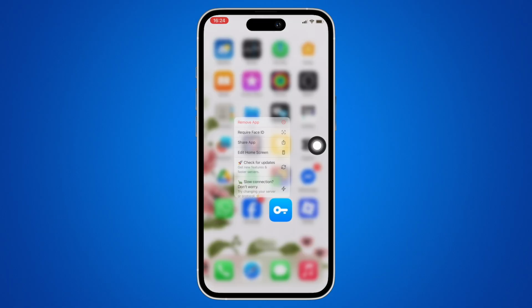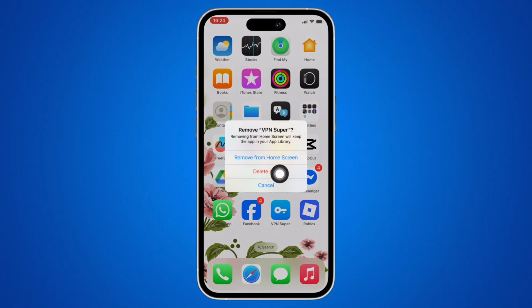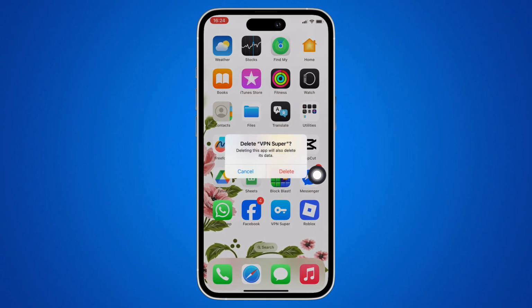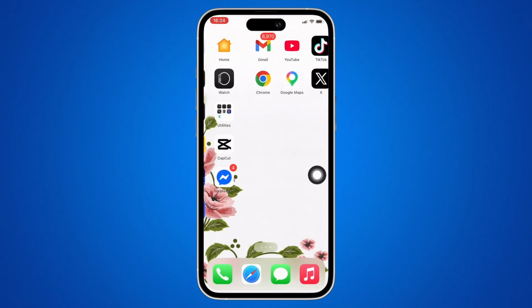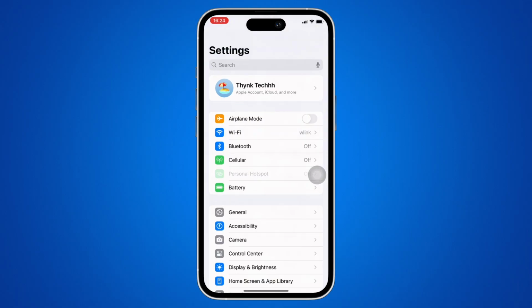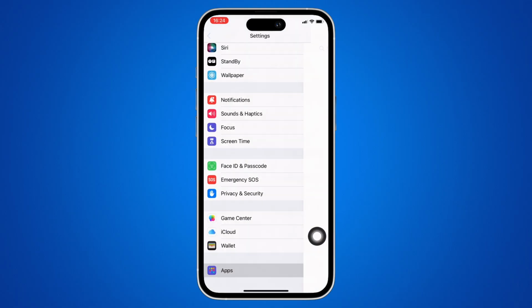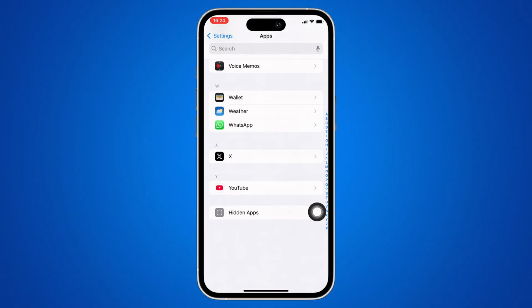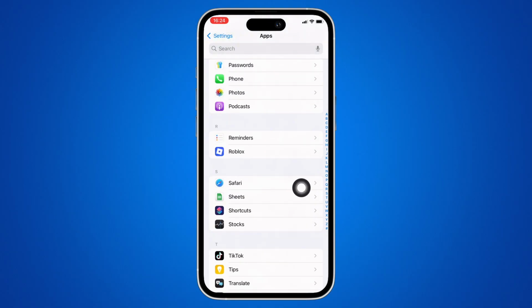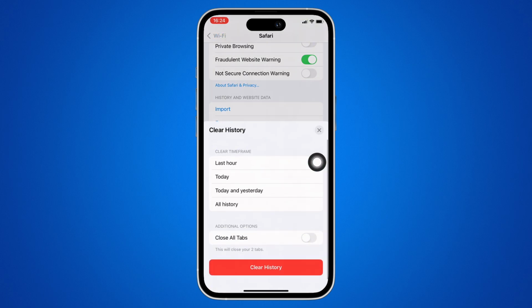So go ahead and tap and hold on the suspicious app, then tap on the remove app option, and then on delete app, and delete the app from your device. Further, launch the settings application on your device, scroll down to the bottom and tap on apps, and then tap on Safari. Further, go ahead and tap on the clear history and website data option and confirm the